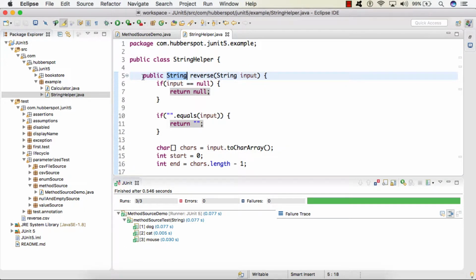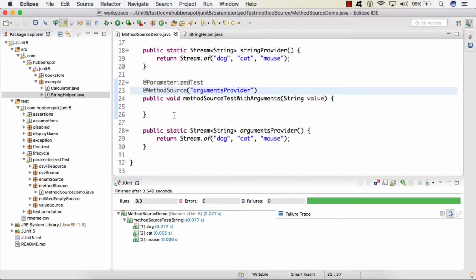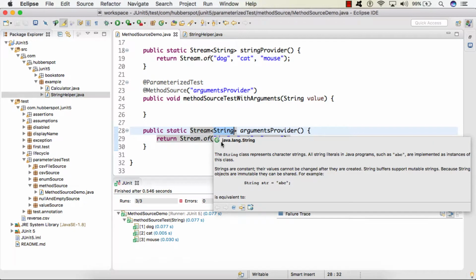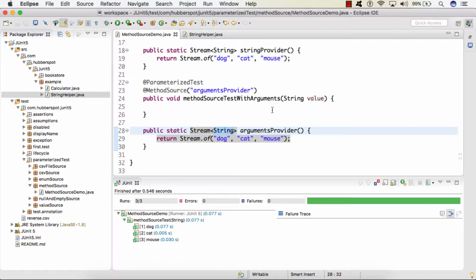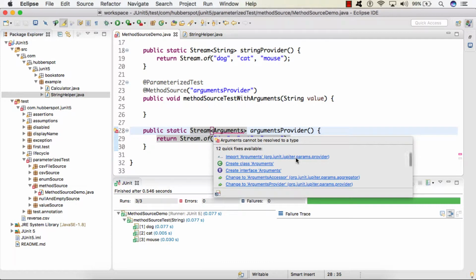So let's say if you want to test this method using @MethodSource, then what we can do is we can simply say here, instead of String, now we have to provide Arguments, which is an interface provided in org.junit.jupiter.params.provider package.